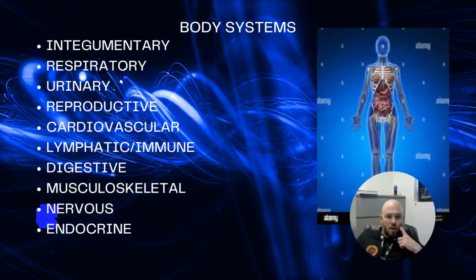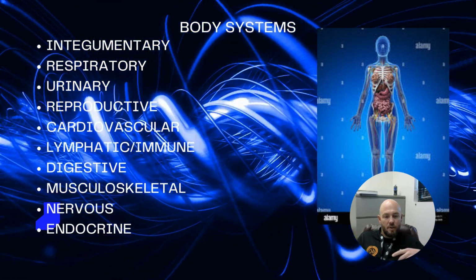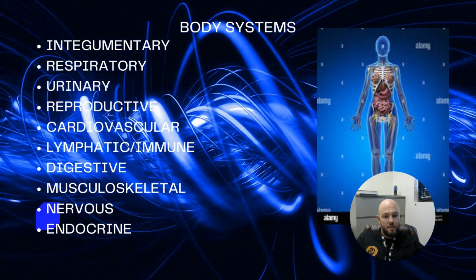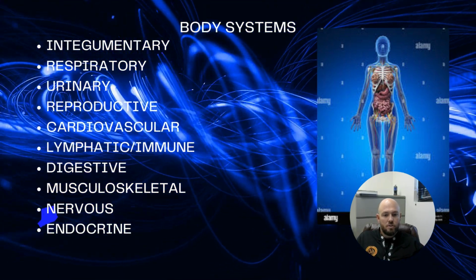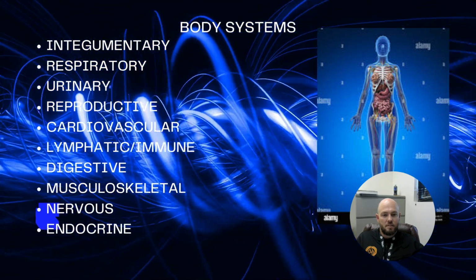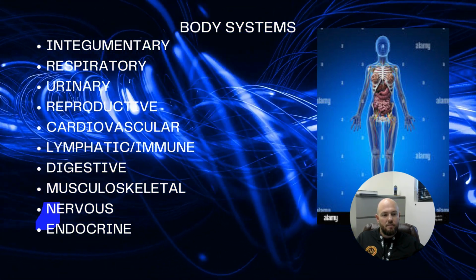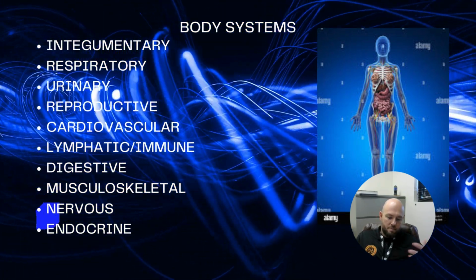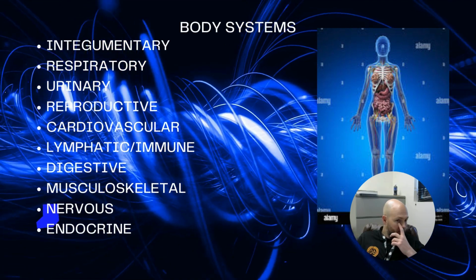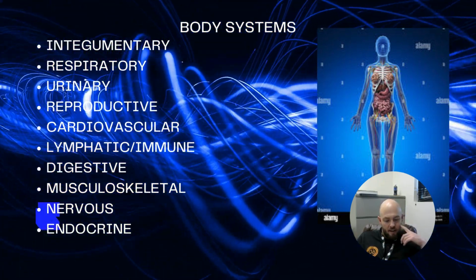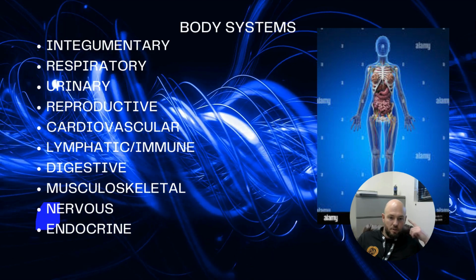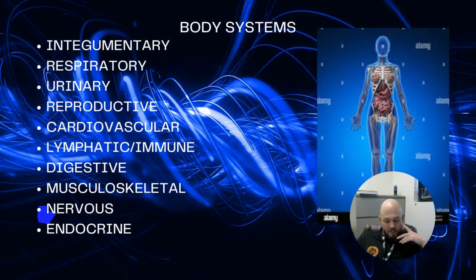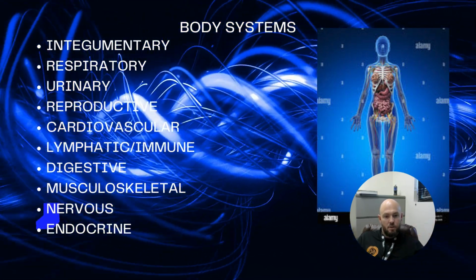All right, this is a quick overview of body systems. We definitely will get into the body systems in depth throughout this course. Each chapter kind of talks about a different body system, but this is just a little highlight of what each body system is. So the integumentary system, this is basically your skin, your nails, and then some glands like sweat glands, stuff like that. Forms a protective covering over your body, helps you regulate temperature, protects you from the elements, manufactures vitamin D.